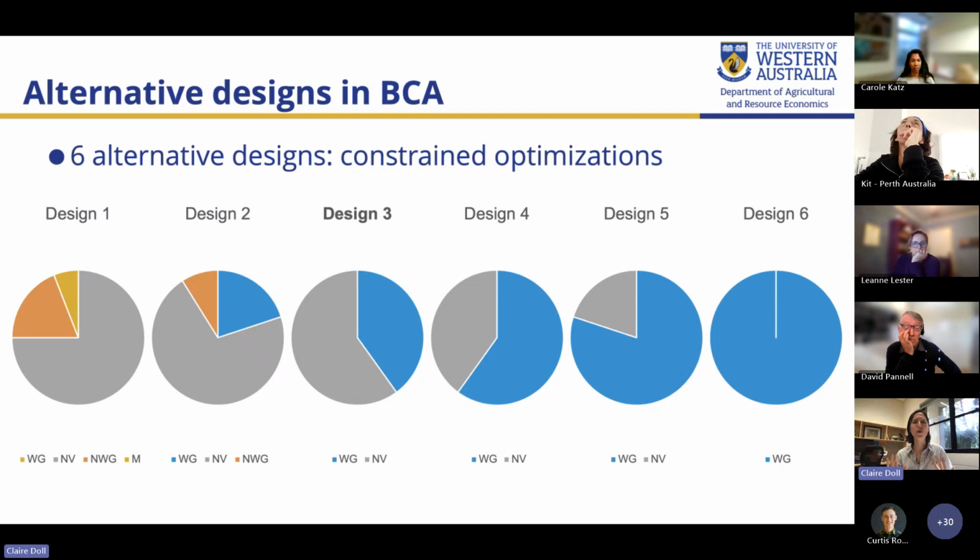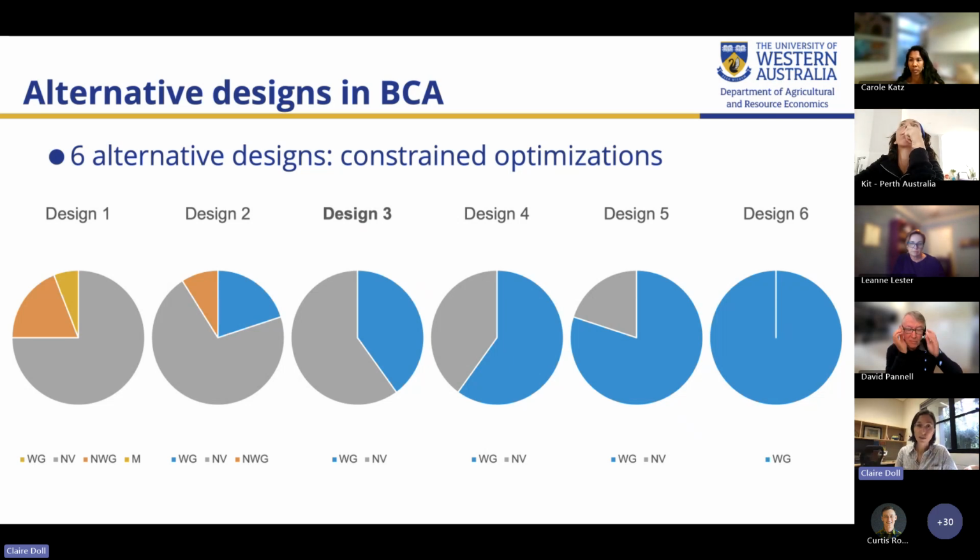But we do look at more than just that one alternative park design when we go into our benefit cost analysis. What we do is we compare 6 different projects that a local government could choose to implement in their own park management scenario. We range between 0% water grass in design 1 and 100% water grass in design 6, and we vary them at 20% intervals between the different designs.